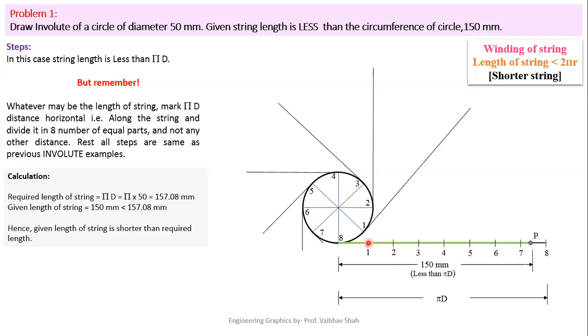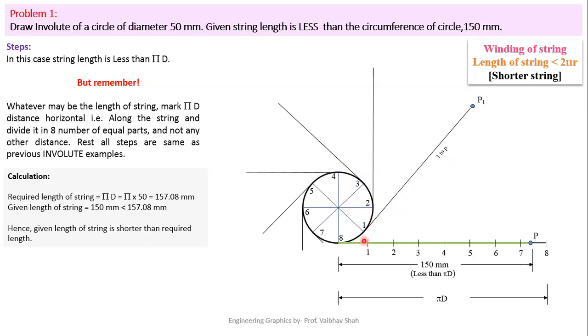So we'll be taking on our rounder the distance from 1 till your point P, which is the end point of your given string. Now put your rounder at point number 1 and try to cut this line. You will be having this point as P1. The distance is from 1 to P, the green line distance. We are not considering the black line in this case.